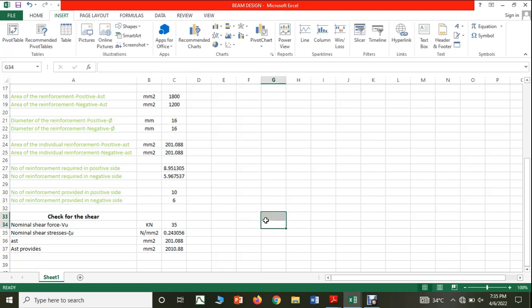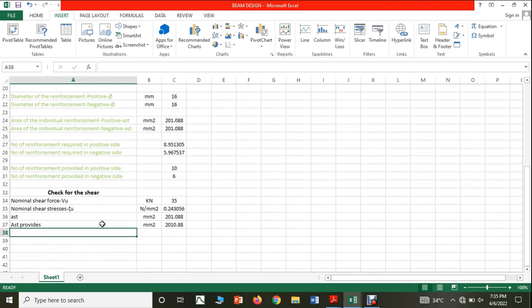Okay, so that is the total number of AST, correct? Now once I get the small AST, I can find out the percentage of steel provided. I can write PT provided, which will be in percentage itself. So that is nothing but I can write